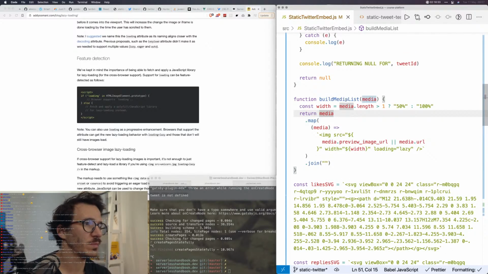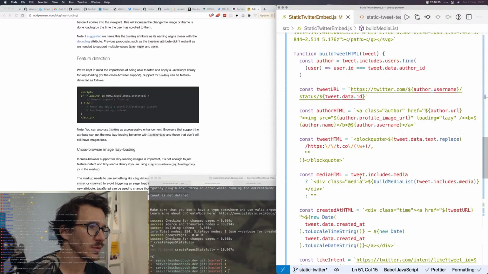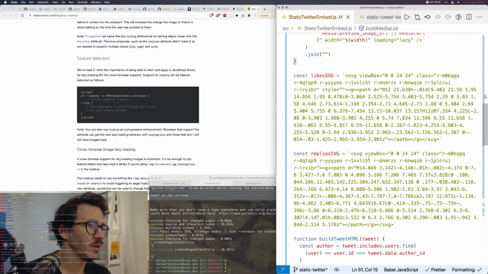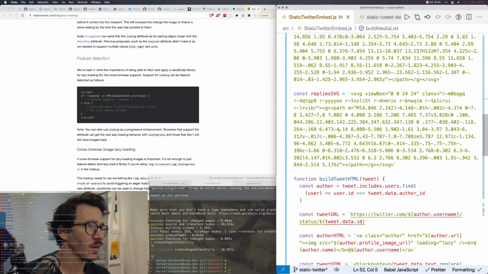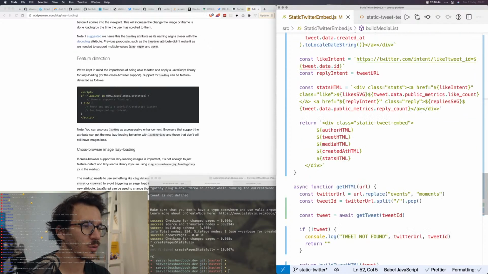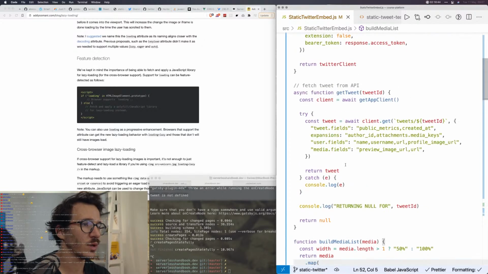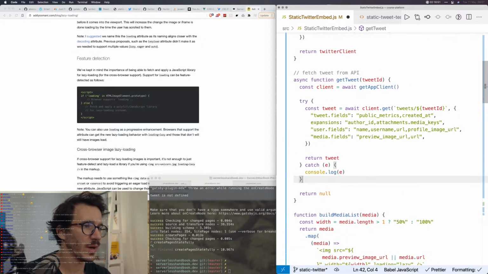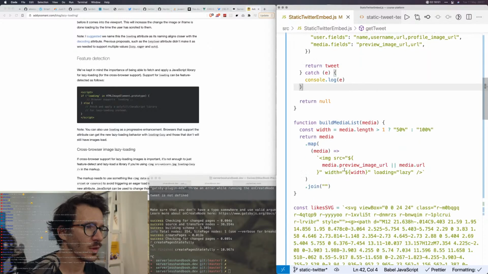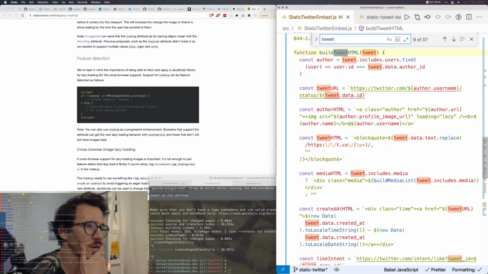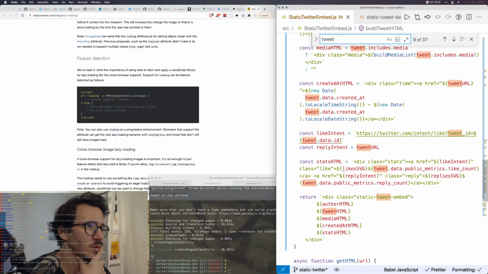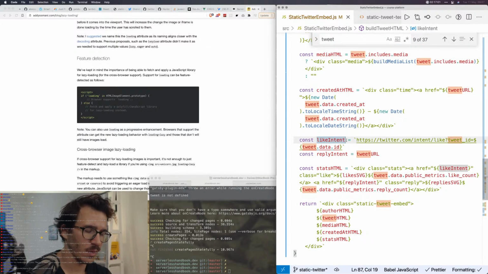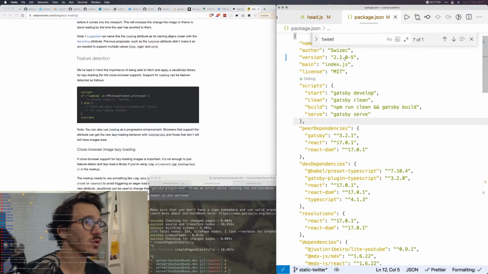It's because build media list was getting the media, not the tweet. That was a fun problem. It wasn't a problem with loading the tweet. It was a problem with using bad code. So let's see, are we doing that anywhere else? Nope, should be fine. Okay, so let's go to package.json